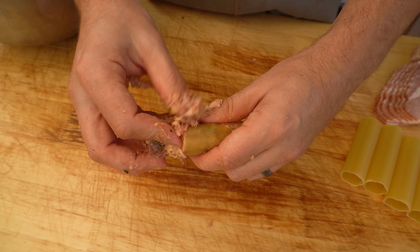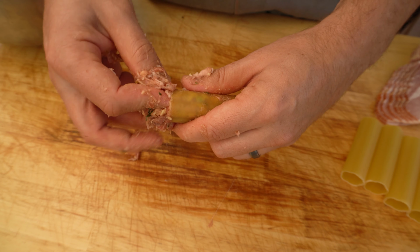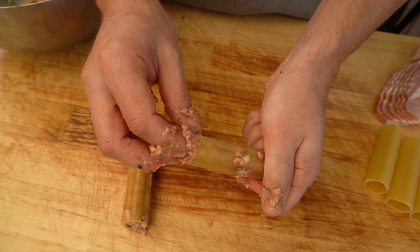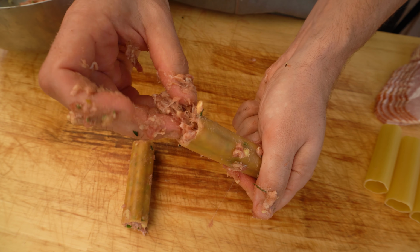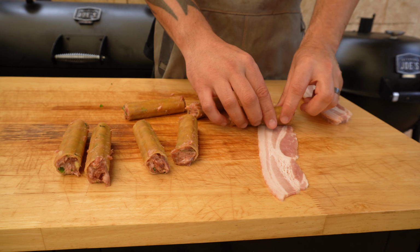Alright, now for the messy fun part. You just want to fill these cannelloni shells with this meat mixture. You'll find doing it by hand is probably the best way to do it, as you'll get rid of any air pockets. Alright, and then the next thing we want to do is wrap some bacon around the outside of